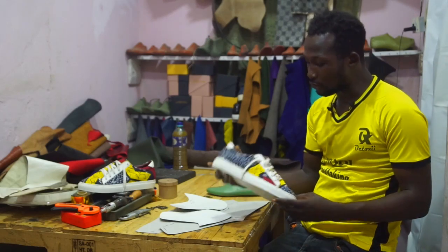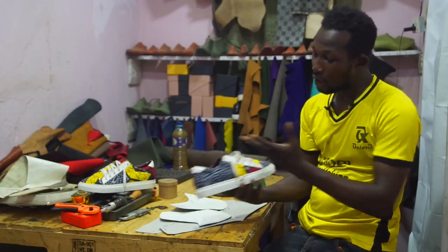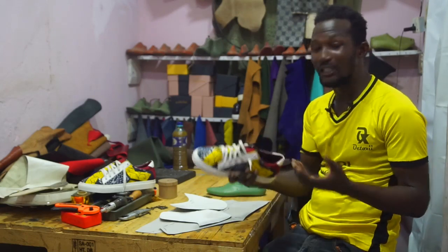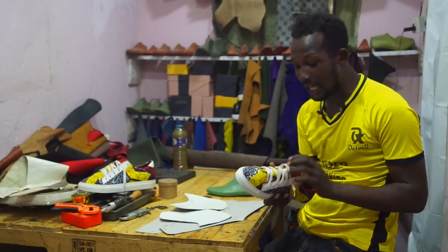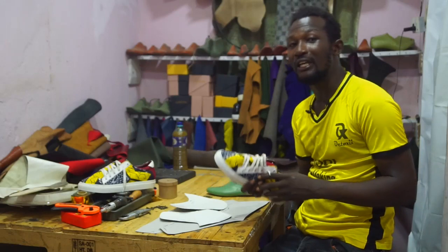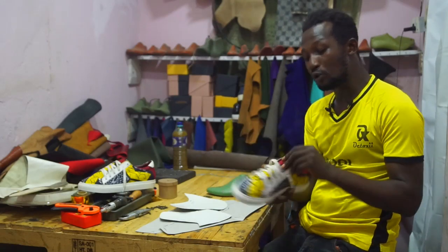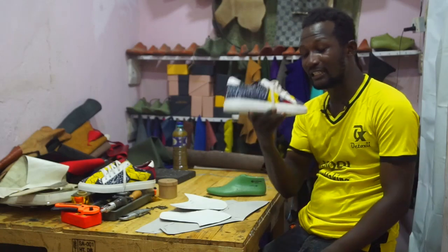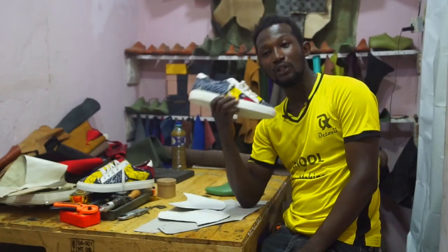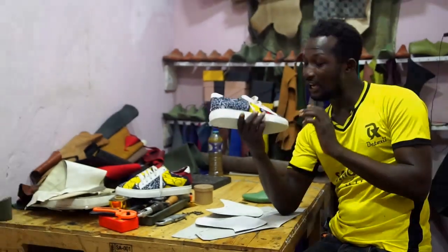Oftentimes we look through our store and see some sneakers, especially fabric finished like this, and we wonder how it was all put together. To get a project like this out, the major thing is a pattern. So if you want to get a finished project like this, you have to develop yourself in drawing a wonderful pattern. So in this episode, I will be showing you